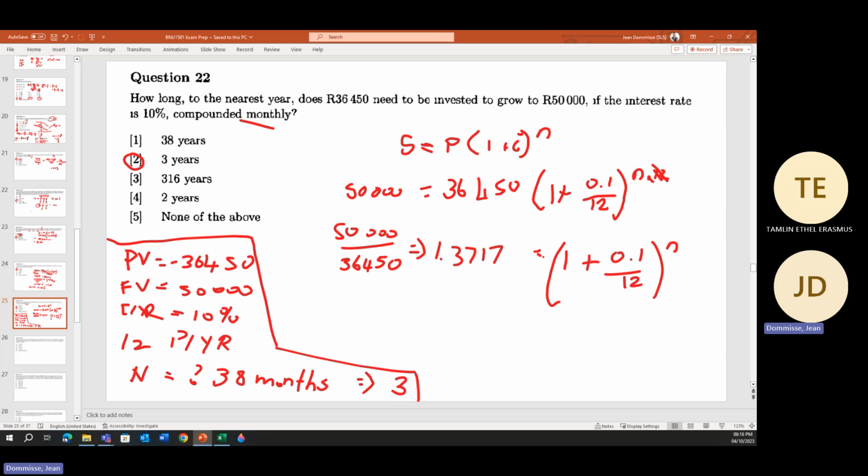The other way that we would have done it, we would have gotten 3717 is equal to, and then in here it is 0.1 divided by 12 plus 1. So we would have gotten 1.0083 to the power of n. Okay, so then if we just want to see if we take the log of that,